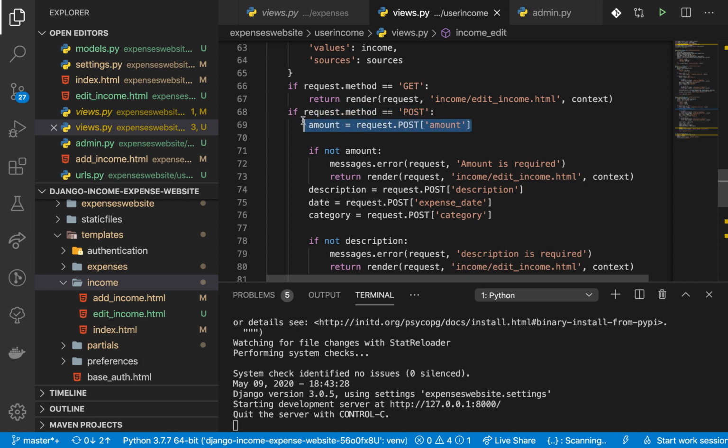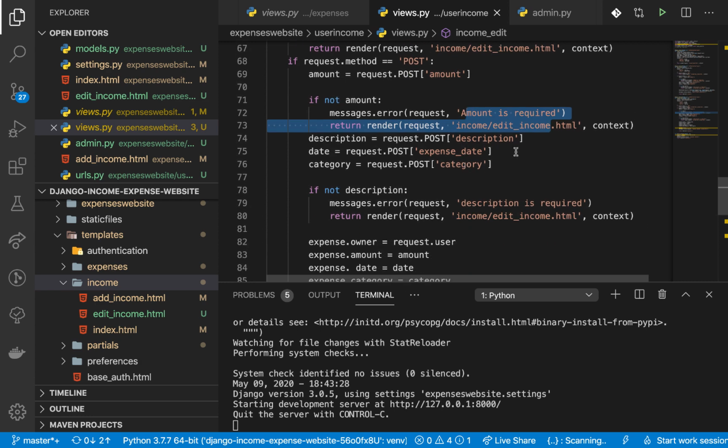So if it's a POST request, we check the amount. If it's not there, we show a message. Then we render the page. So we check the description. So this gets the description. So here we need to check by